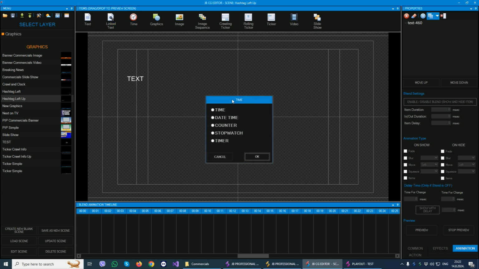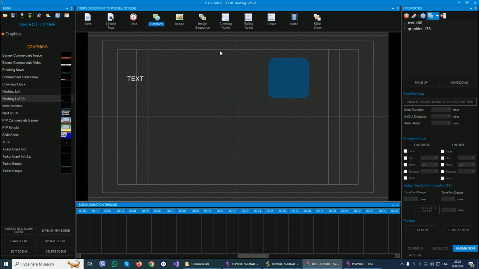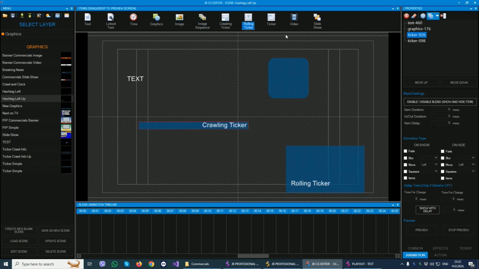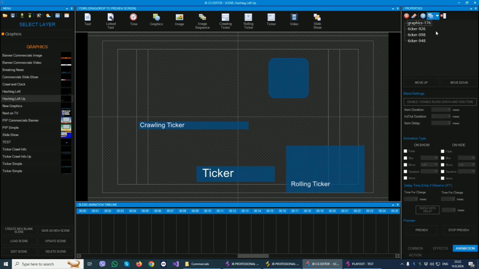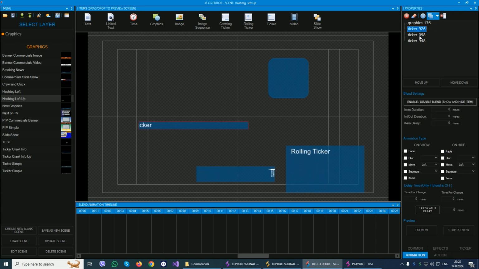Then different shapes, simple graphics object, image sequence, crawling ticker, rolling ticker, video, of course without audio, and slideshow. You can see all elements in this window on the right, and there you can delete some elements, change order,